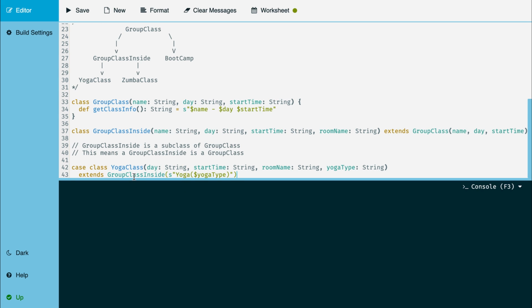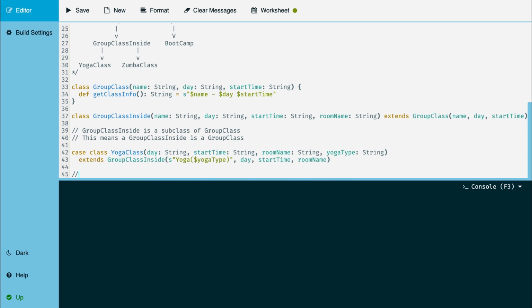So we are extending the group class inside. First, we are passing on the name, then the day and the start time. We have received them as input as well, and the room name the same. Okay, so the yoga class extends the group class inside. Let's write that down. Yoga class is a subclass of group class inside